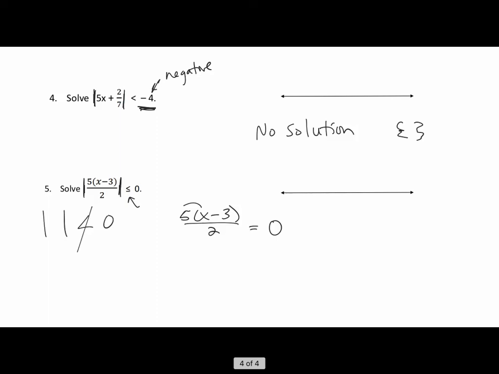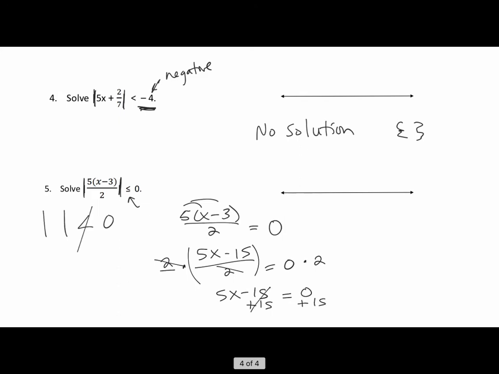And then we'll solve this. So we need to distribute. That's 5x minus 15 over 2 equals 0. I can multiply 2 to both sides of the equation, because then that cancels out with that denominator there, leaving just the numerator, and 0 times anything is 0. So then I'm going to add 15 to both sides of the equal sign here, so that 5x equals 15. And then divide 5 from both sides of the equal sign to find that x equals 15 divided by 5,